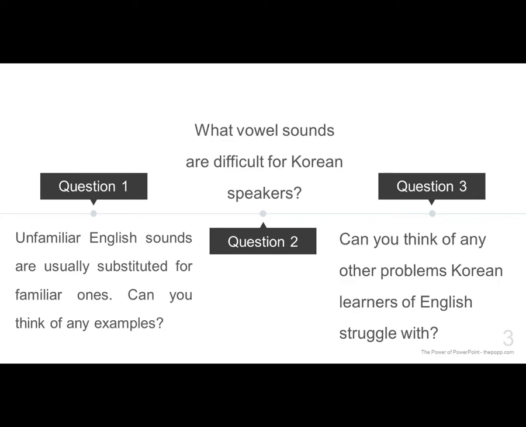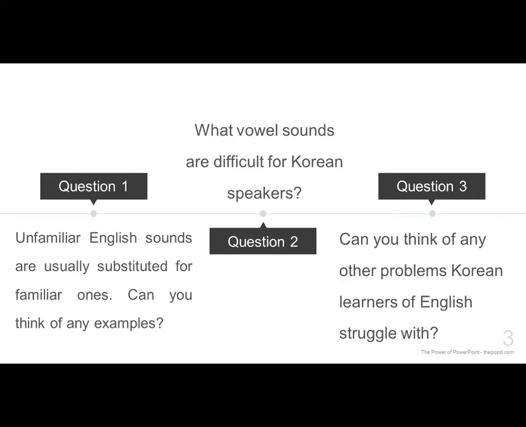Here's an example. Computer. Computer. Now, computer, that's the American English pronunciation, but in Korean, it's different because it fits into the Korean pronunciation rules.